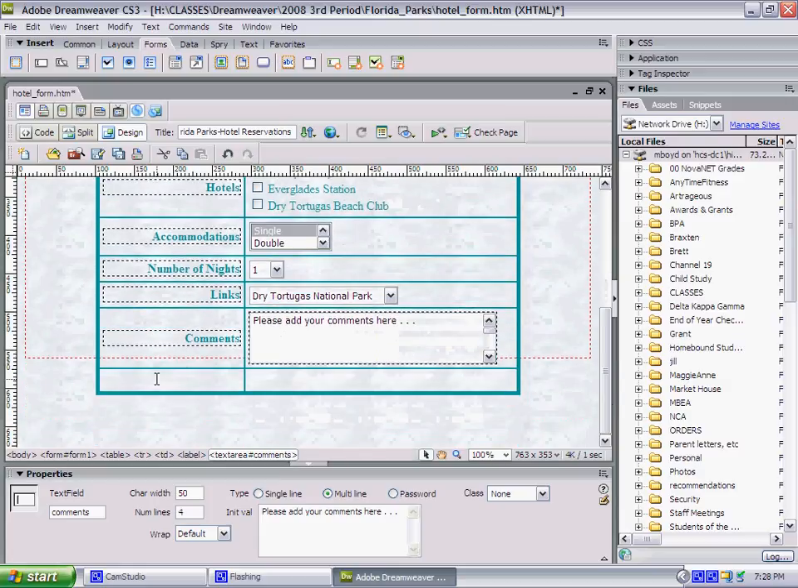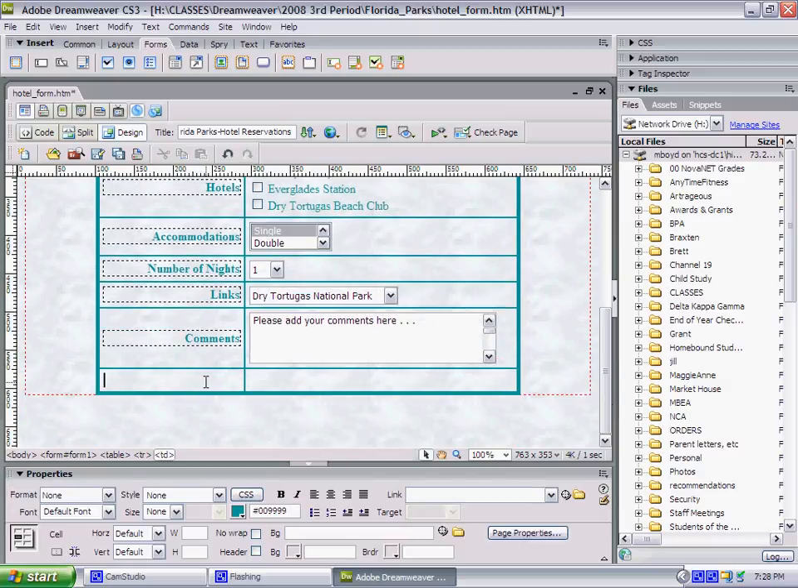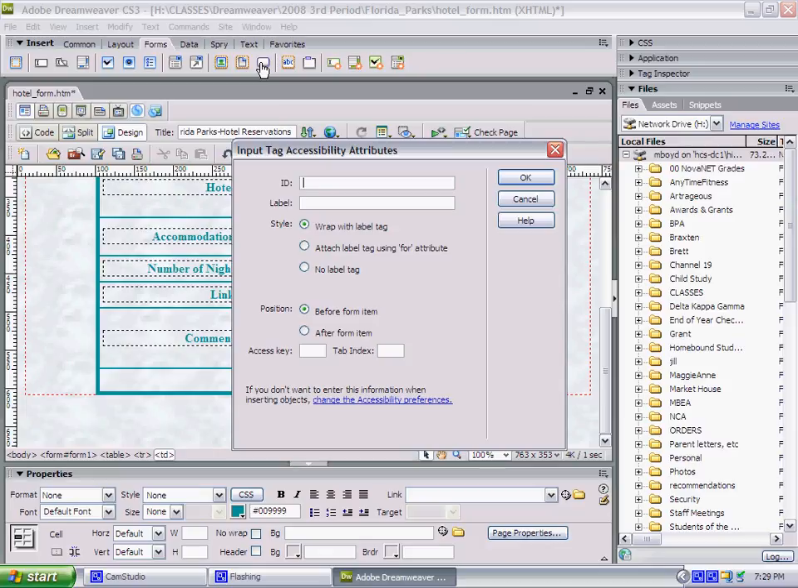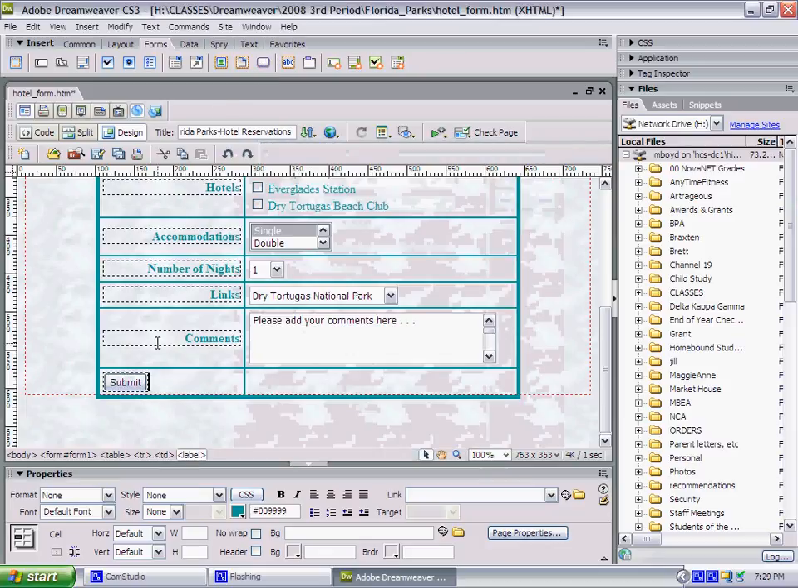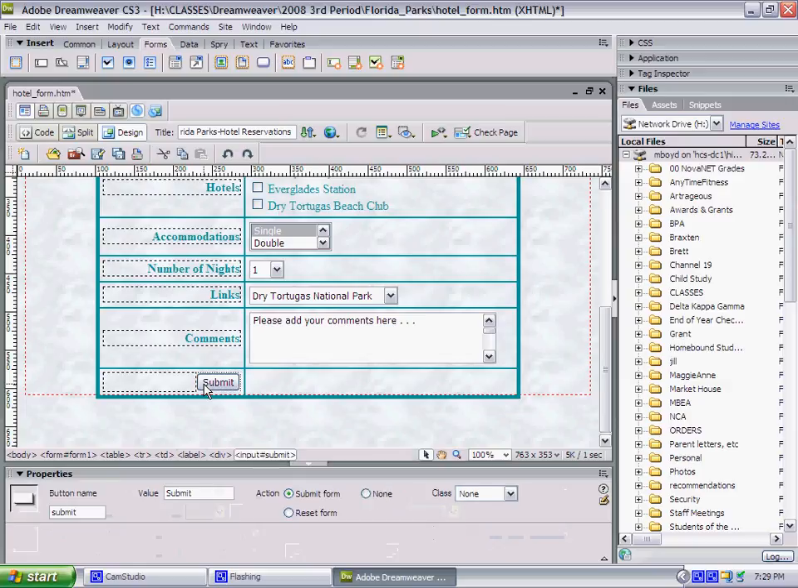Okay, we're almost done here. The next thing we're going to do is put in our submit and reset buttons. So it's this one right here. We're going to do button. And this one's going to be our submit button. We don't need a label. And then right there you get your submit button. We're going to align that to the right. And if you click on your submit button,